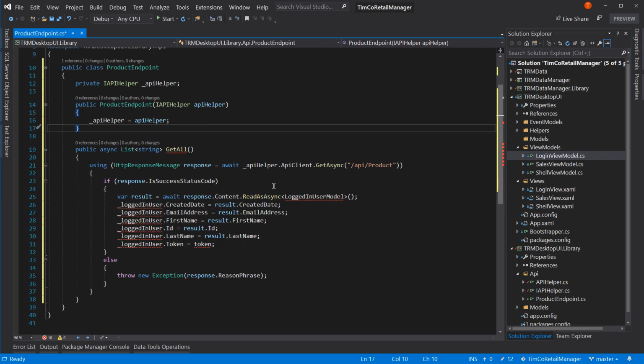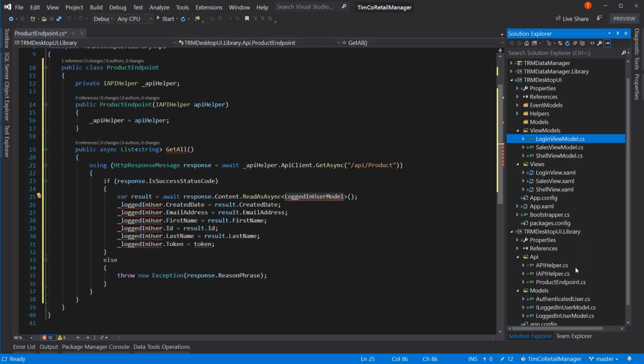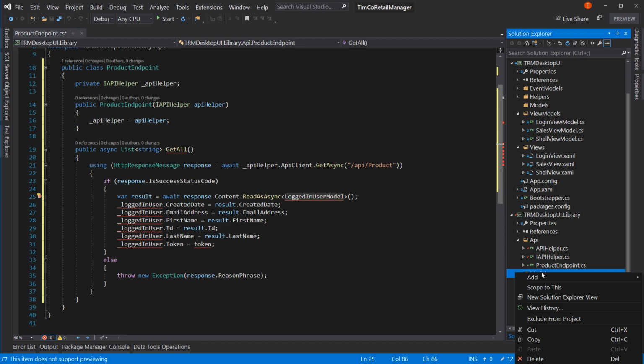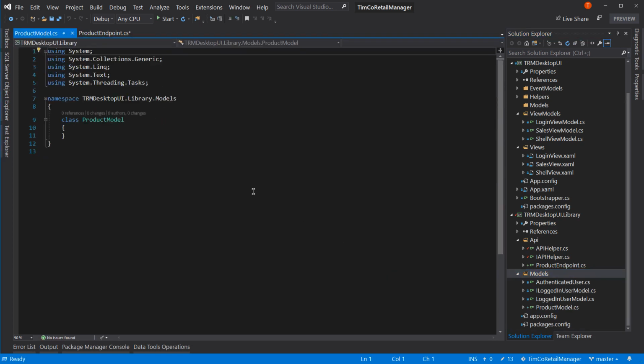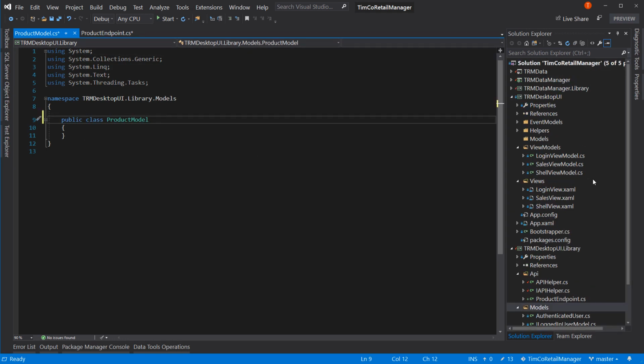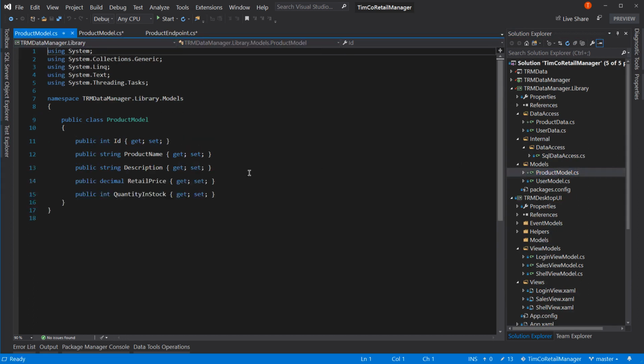And now read async, but instead of logged in user model, we need a different user model, which we'll also use up here. So let's go in our library, our models. We're going to add a new model, and we'll call this the product model. And we'll make it public. And we'll come over here to our existing library for the API, and we'll get our product model, and we'll